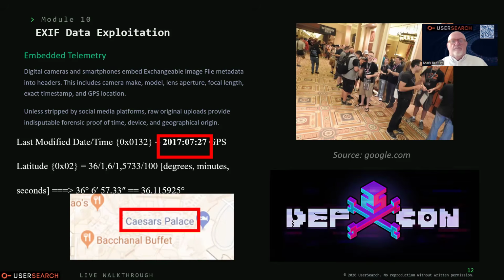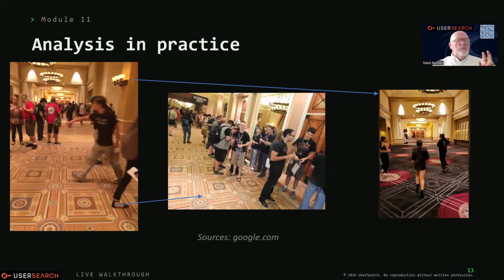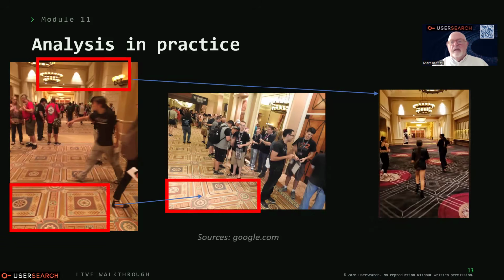Yes, there was. Now, we've got that, but remember my ABC? We've now got to ABC it. So DEFCON's there. Is this DEFCON or is it hallucination? So we go and have a look at the carpets. We find other pictures. So we find these, and these are DEFCON as well. We've got the match of the carpet. We've got the match of the lights at the top. Lights are matching, carpets matching, lights.